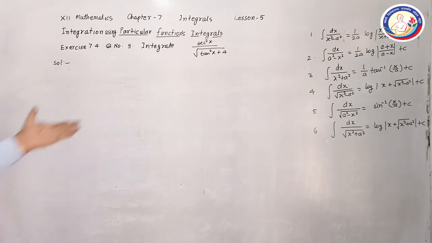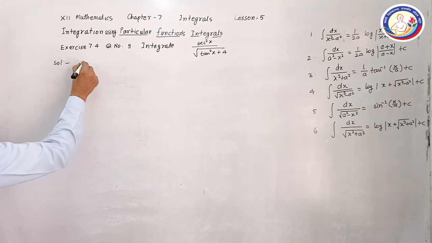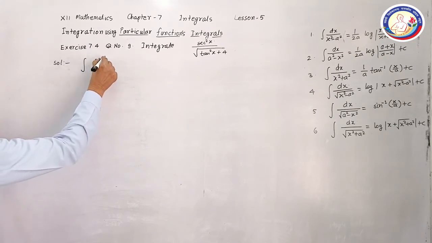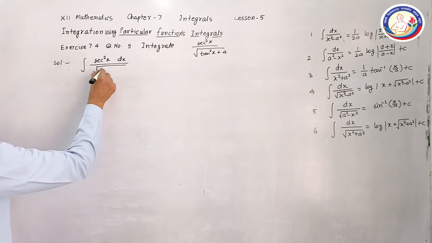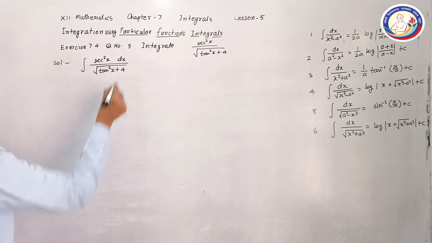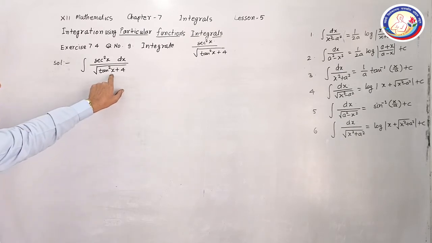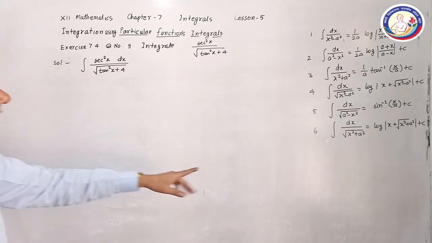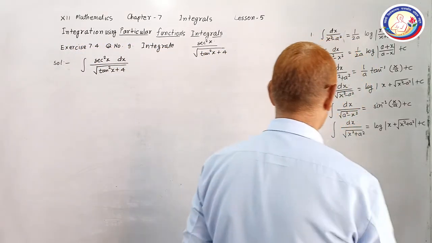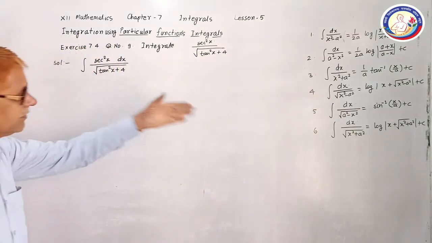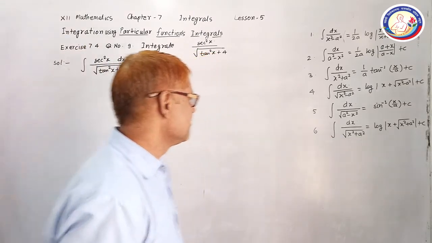Now I am taking one easy question more. Integrate this with respect to x. The integration will be sec square x dx upon square root of tangent square x plus 4. Let us see. Can we arrange this in particular form? Square root is here and plus. So this formula will be applicable if possible. So let us try. Can we arrange this after substitution or in using any trick in this form?